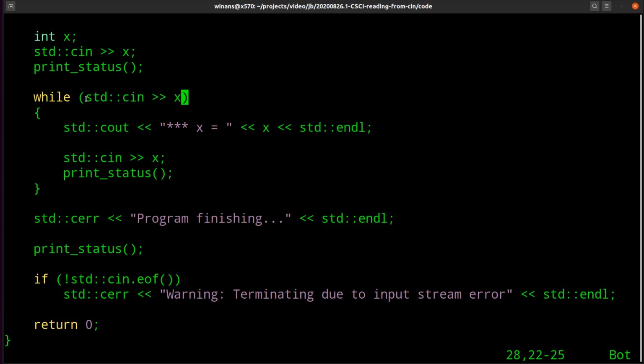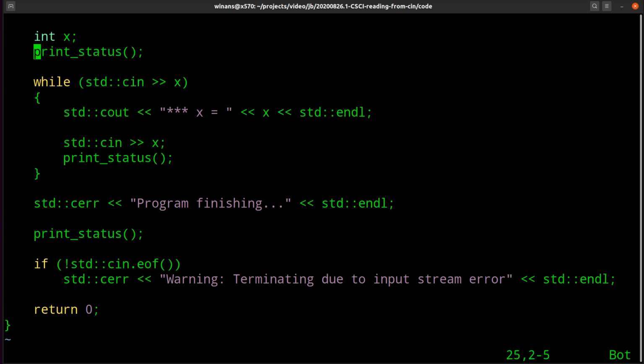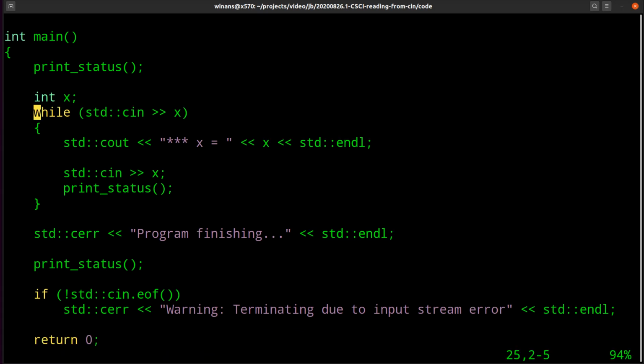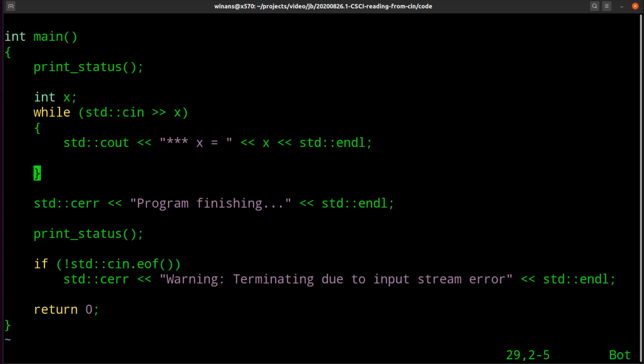Therefore, we can extract an integer from the input stream and ask it if it succeeded or not, all in one line, which means we can get rid of the priming read up here. This is what you'd normally see from a seasoned programmer. All right, you would read your input, whether it's the priming read or a subsequent read, right there in the while loop. You would not do any of this stuff at all.